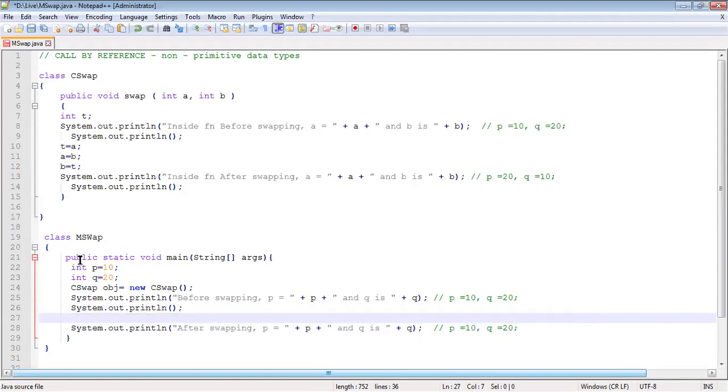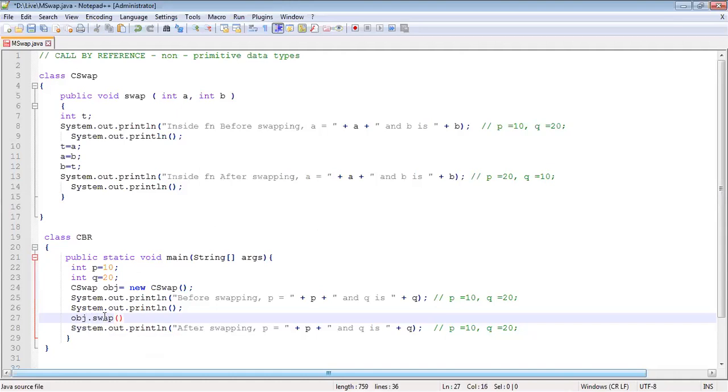Now I'll come back to my main over here. Mswap, I'll write CBR. I'll have a new program called by reference. I'll first finish off my main and then I will work on this. So call by reference. Now as I told you earlier, the same program will work, object.swap. I'll have the same function so that it is easier for you.